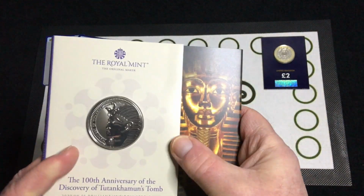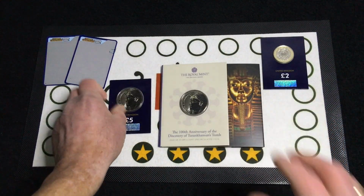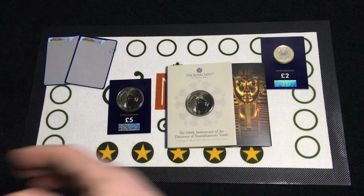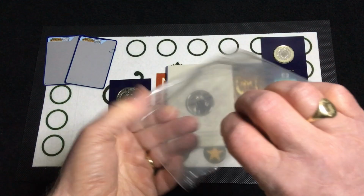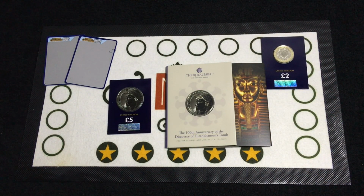Anyway, I think that is an absolute stunner of a coin. Absolute stunner. Right, so getting back to this packaging that was sort of well and truly damaged with that little sticky label. And I've got 10 Bob to thank for this, because if anybody saw Mr. and Mrs. Snappy's